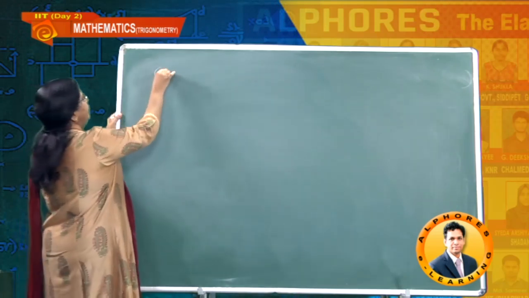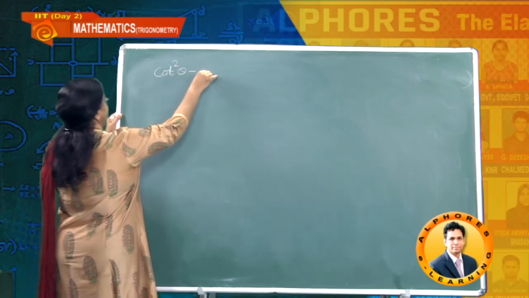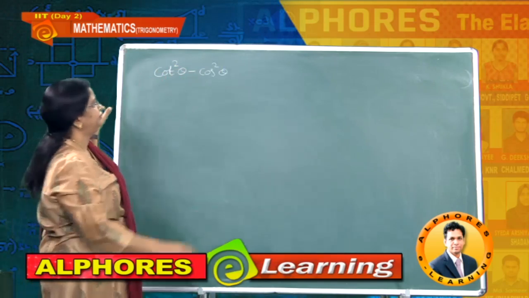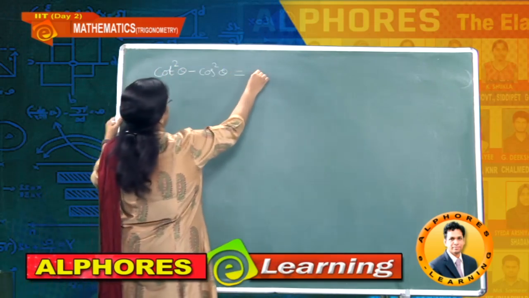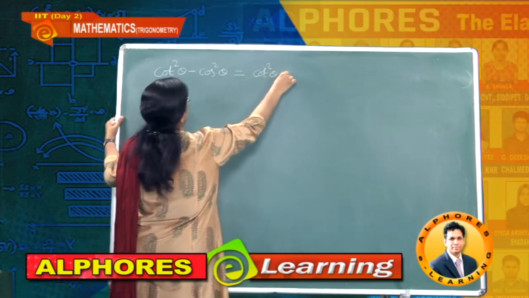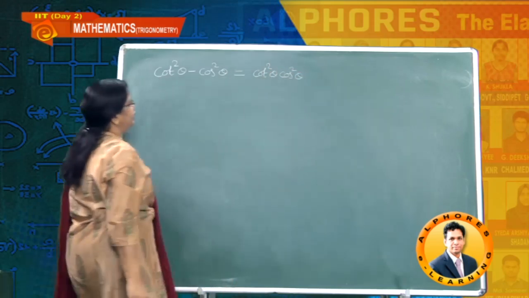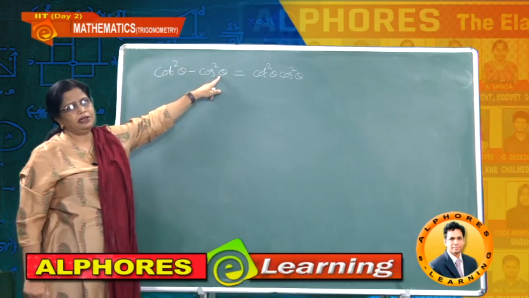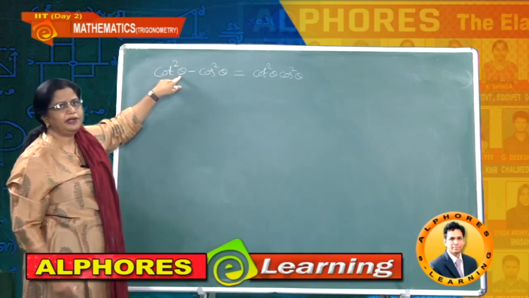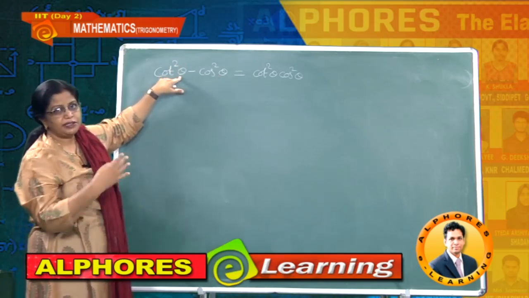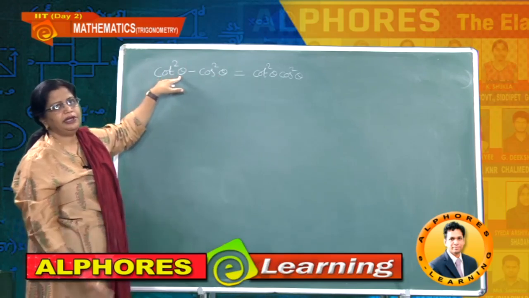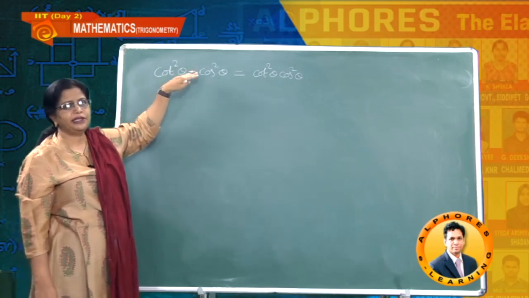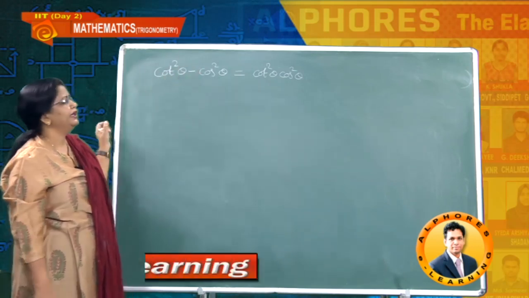Another one in the same way: cot square theta minus cos square theta. The difference, again you observe, is equal to cot square theta into cos square theta. This identity again is not for all real numbers. Here it is for all real numbers, whereas here it is confined to only some real numbers, except all integral multiples of 180 degrees. So the common value you can make use of is all the real numbers except the integral multiples of 180 degrees.